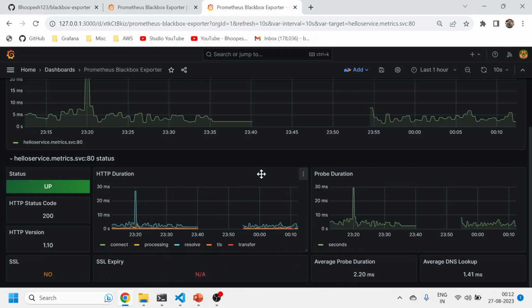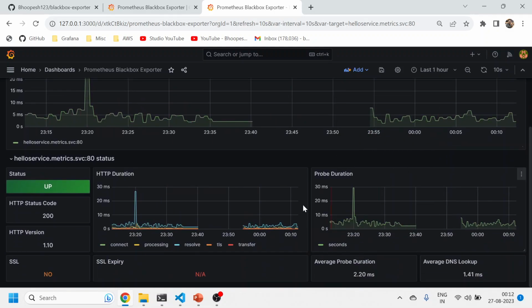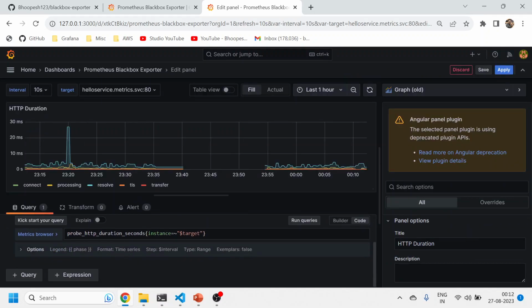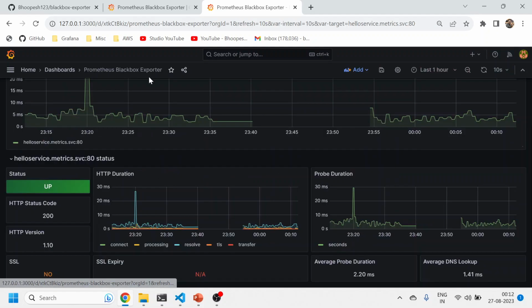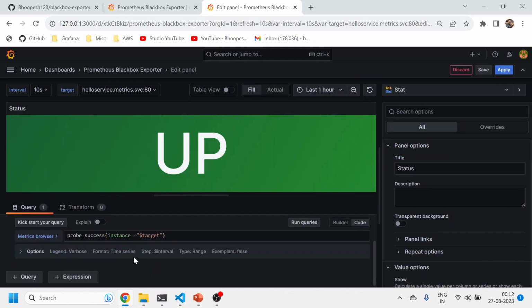HTTP duration is this. I can simply probe duration is this, and global probe duration is this. So I can check the query also. So query is nothing but HTTP probe duration for that particular target, right? So I can actually see status is 2, not 200. So I can see the probe success up, okay,